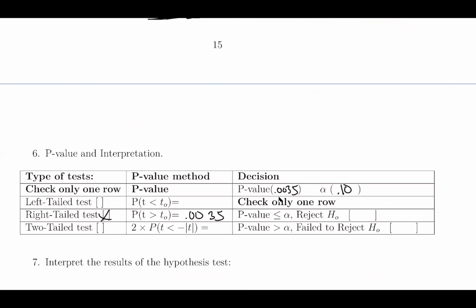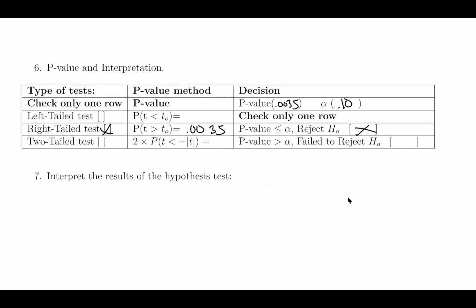Everybody get p-value of 0.0035 and alpha of 0.10. Cool. All right, so for this one, should I reject or should I fail to reject? There you go. So you should reject, because alpha is bigger than p-value. So since alpha is bigger than p-value, we'll say